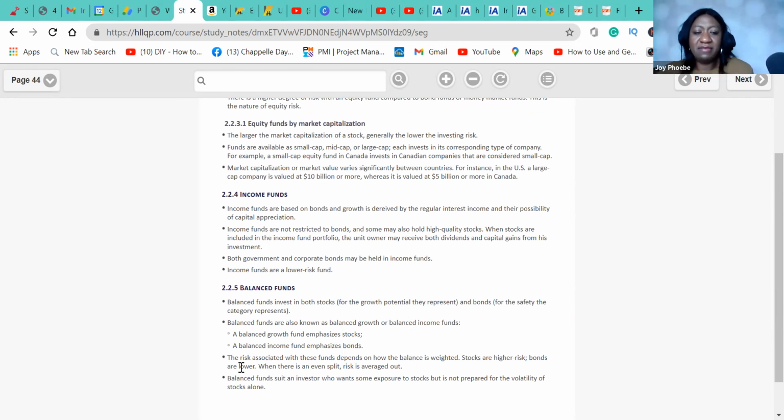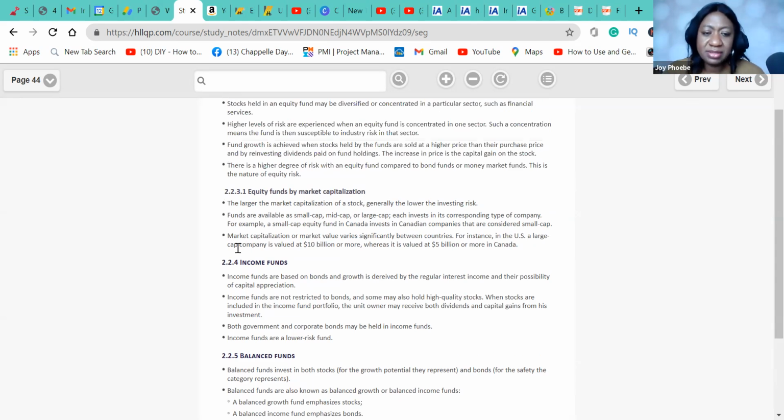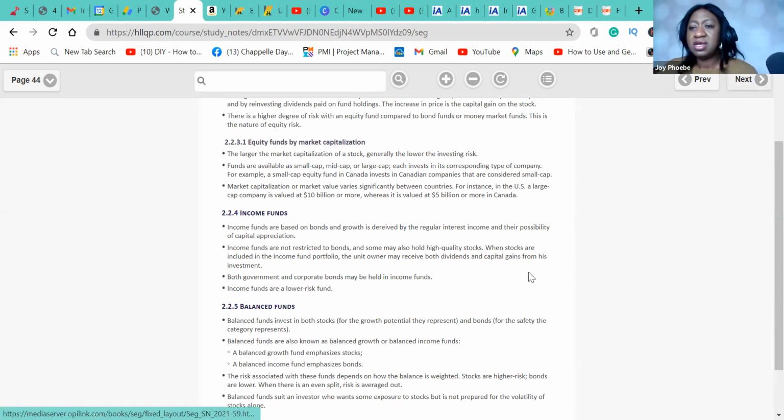Then we have balanced funds. Balanced funds invest in both stocks, for the growth potential this provides, and for the safety of the other category. All these things are what we determine when we do an investor profile for our clients. We know whether this client is conservative. If they're conservative clients, then we put their money in income funds. If they are a balanced kind of investor, then we look for balanced funds to put their money. Balanced funds take advantage of the aggressiveness of equity and also the low risk that income funds provide, to balance them. All right, so moving on to the next one. We looked at income funds, balanced funds, and the next one is